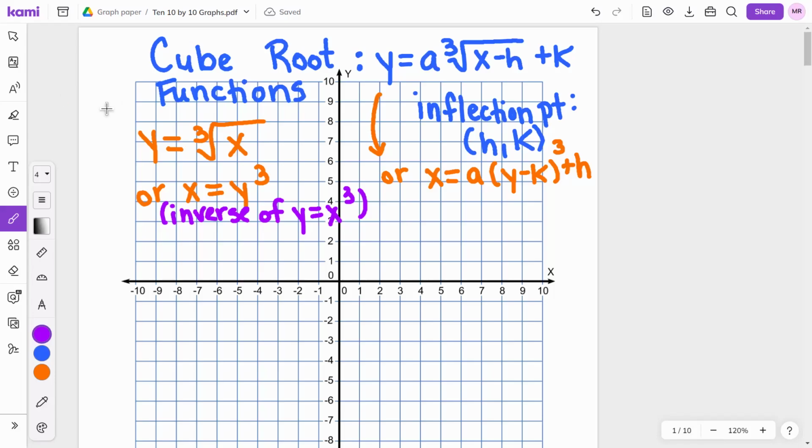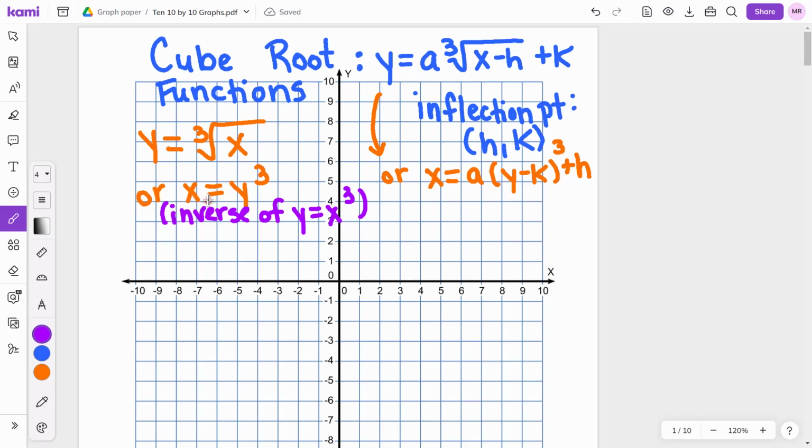So this video is on the cube root function. Y is equal to a times the cube root of x minus h plus k. This is the inverse of the x cubed, the cubic equation. So right here I have the parent equation, y is equal to the cube root of x,